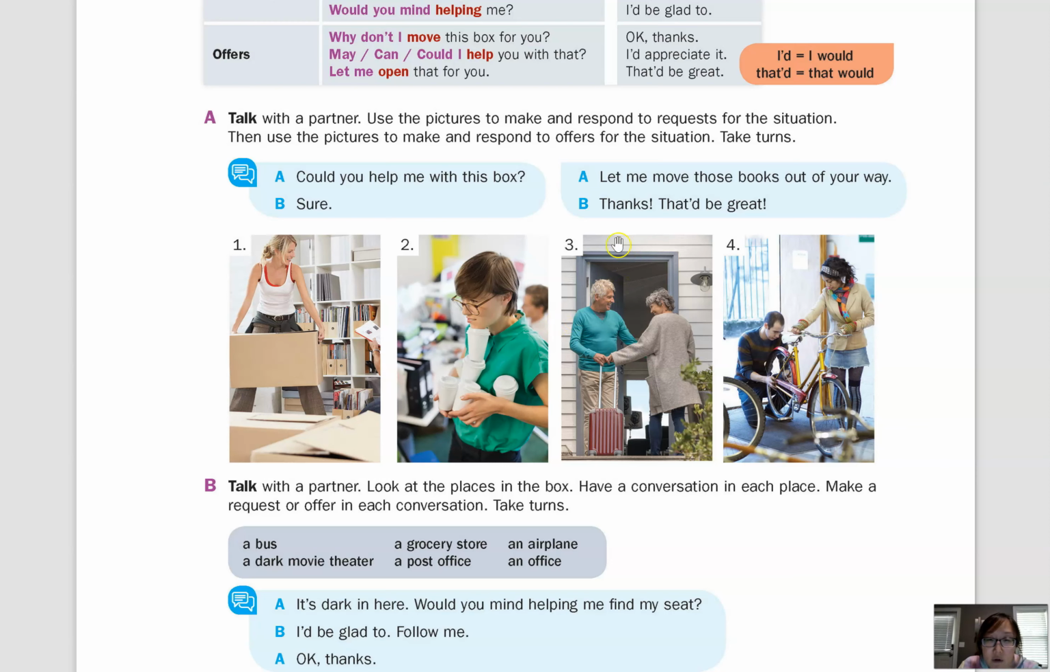Okay, let's look at number 3. So if we make a request, we might say, would you mind taking this suitcase for me? Or could you take this suitcase for me? Or could you take this suitcase? You don't have to use "for me." Okay, and then